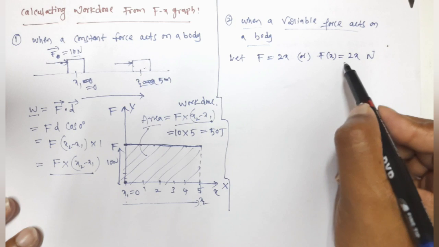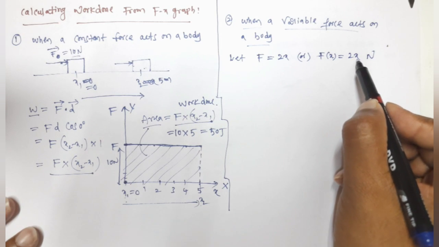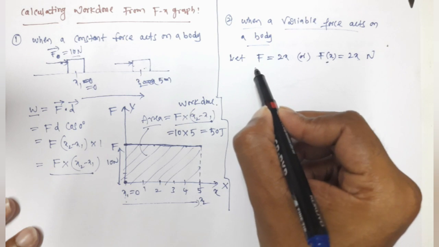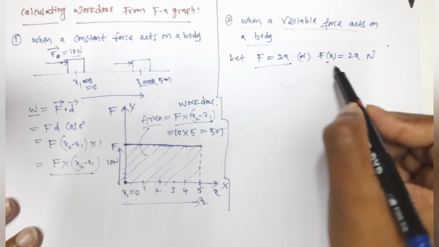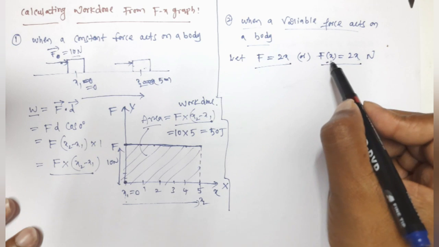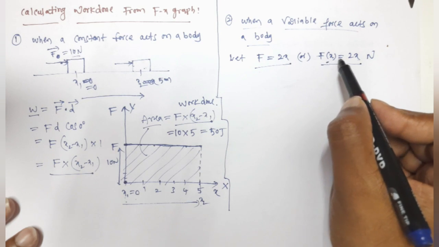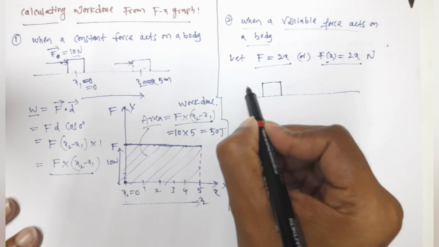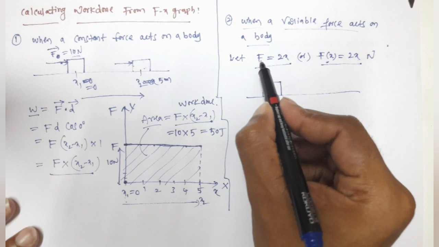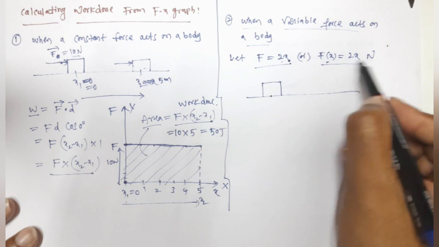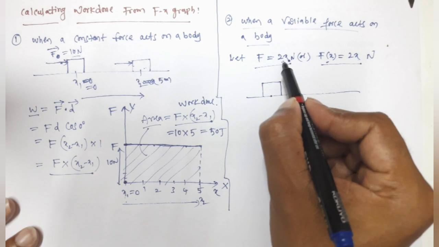That means if x equal to 0, substitute x equal to 0, so force equal to 0. Generally we write F equal to x. I am just taking an example like this. So it can be written F equal to x or F of x equal to 2x. That means we are saying that force is a function of x. So at the initial position, we start applying force here. If x equal to 0, what is the force, guys? 0. If x equal to 1, 1 into 2, we are writing the whole value in newtons. So 1 into 2 newtons.